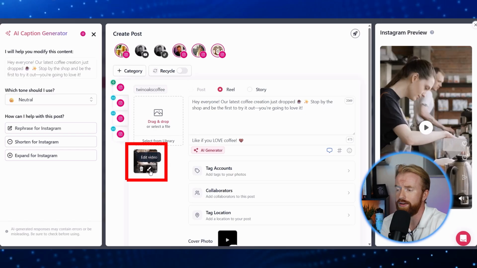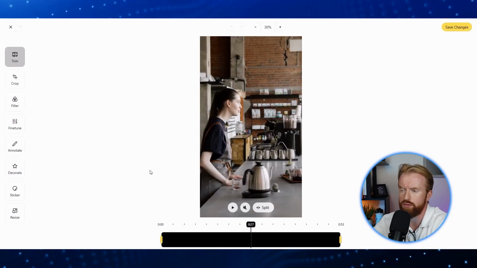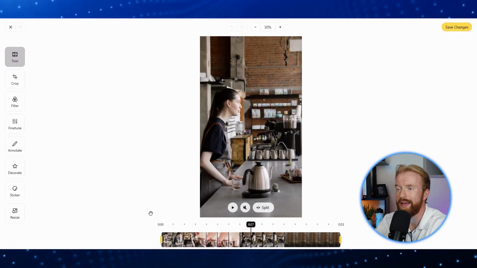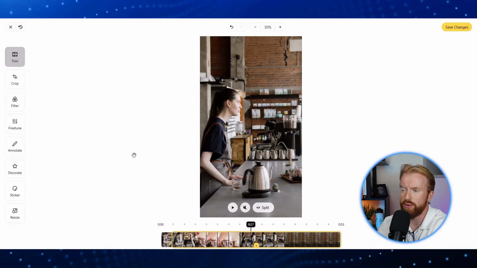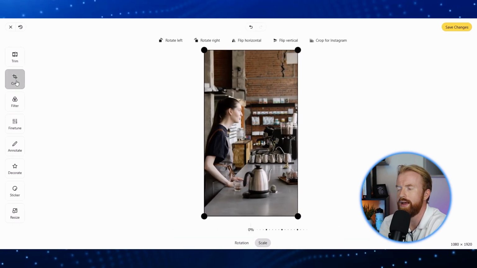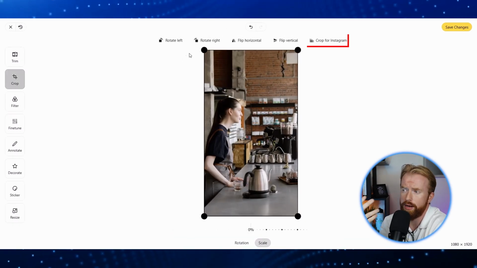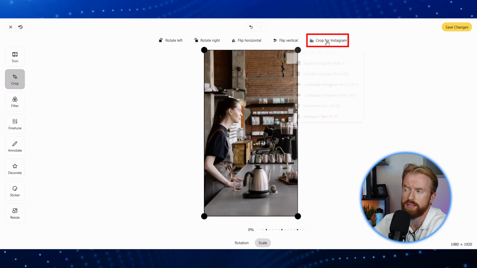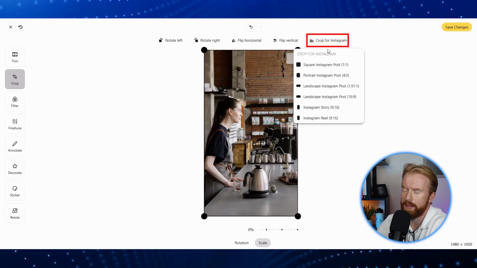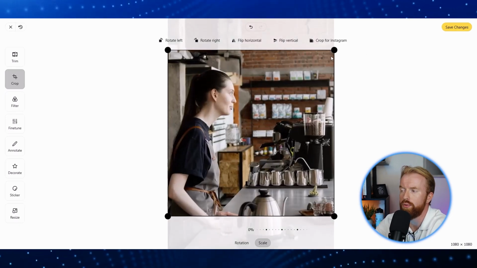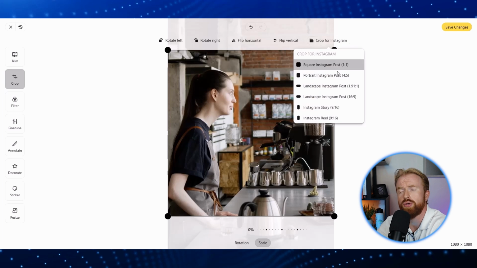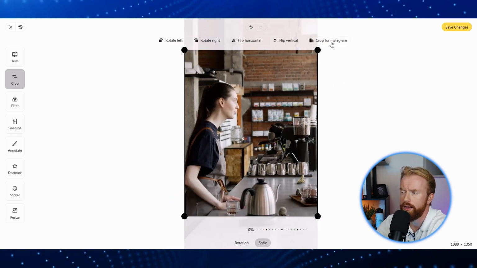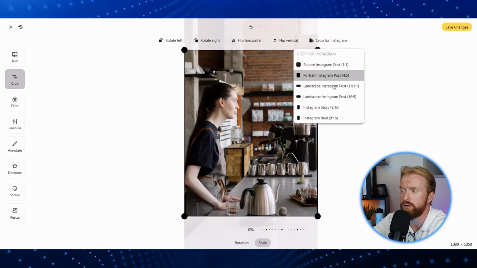One is you can edit the video within the platform itself. So if you select this button here, you can go ahead and trim the video as you like. You can also crop it to size. So not every video or photo you're going to add is perfect for the platform. So you can select crop for Instagram, and here it will automatically crop it for an Instagram post. They also have one for an Instagram portrait, and for today we're posting a reel, so let's use the one